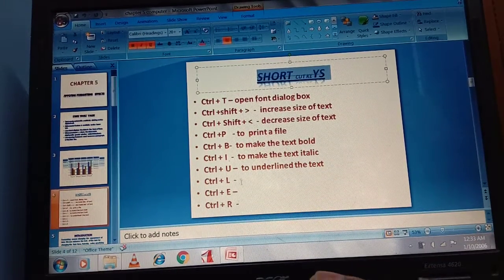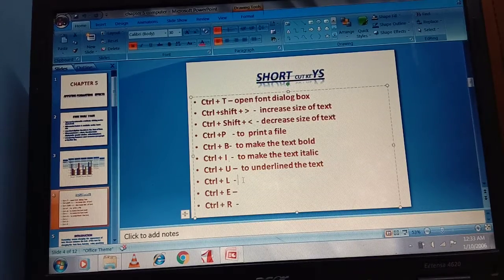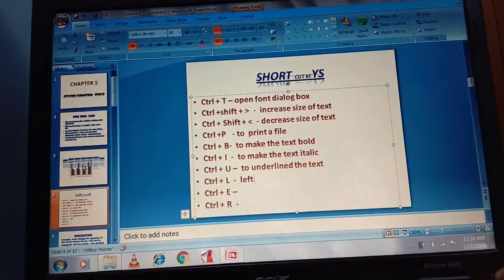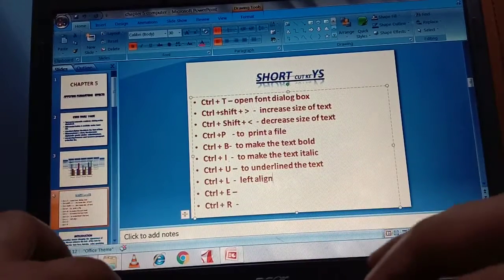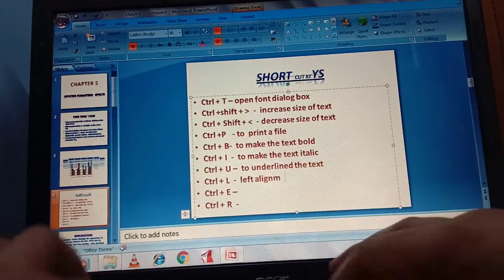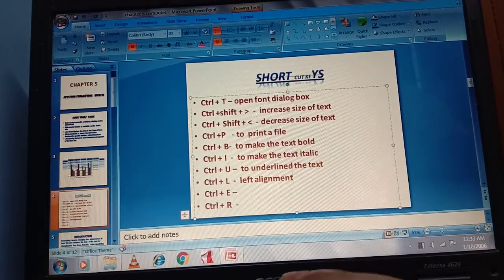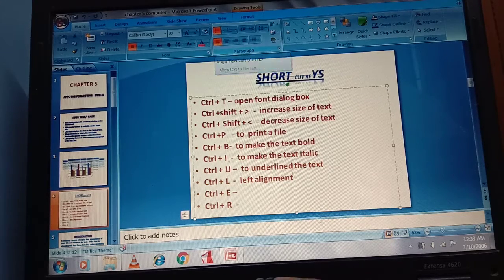Now Control plus L is for left alignment, to make the text left aligned. Okay, can you see this?